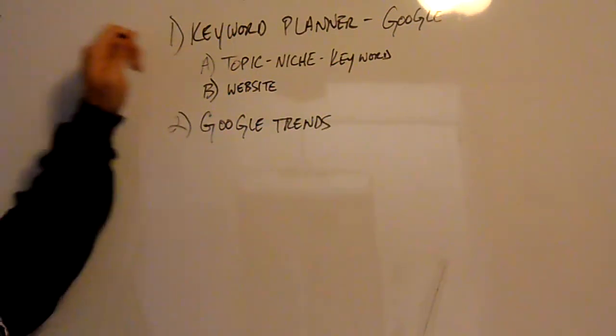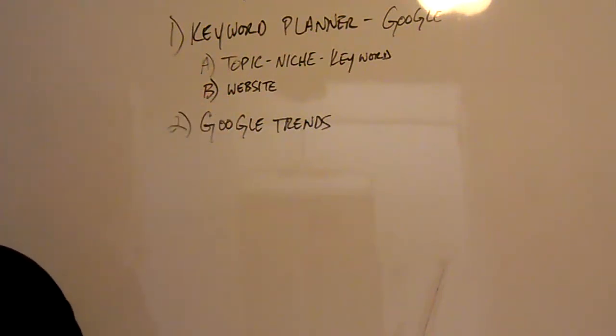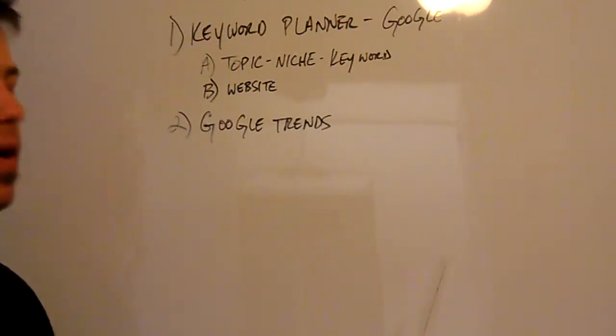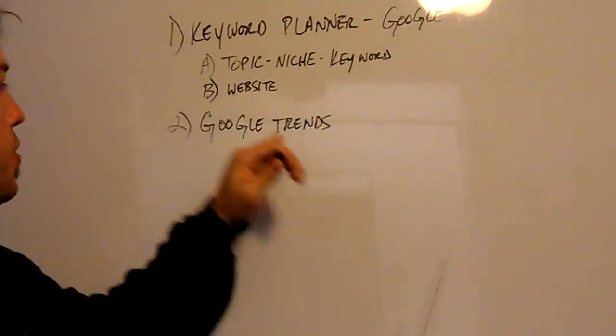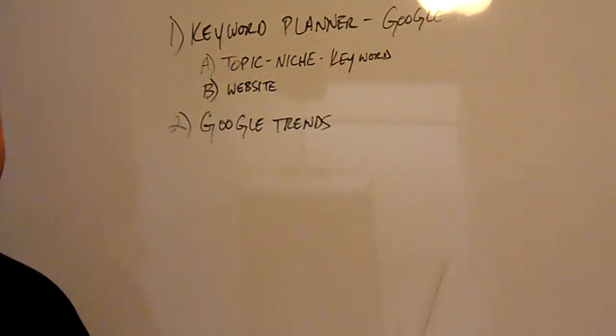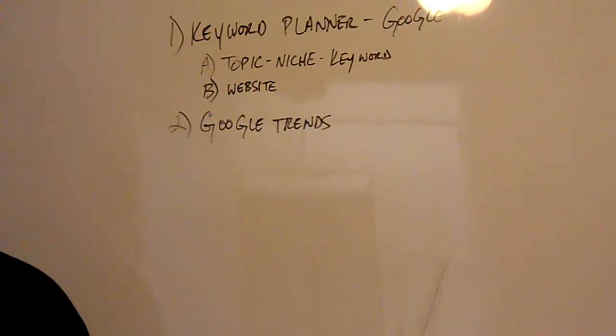But use the keyword planner. If you don't have an AdWords account, sign up for it. It's free. If you're a web developer, you can have a blog or whichever the case, and go get an AdWords account. It's going to be really, really useful for you. Highly recommend it. And you can do it per keyword, your topic, your niche, or you can do it based off of your website. And like I said, check out those videos. I go in depth about how to actually use it, how to apply the filters, and go from there.